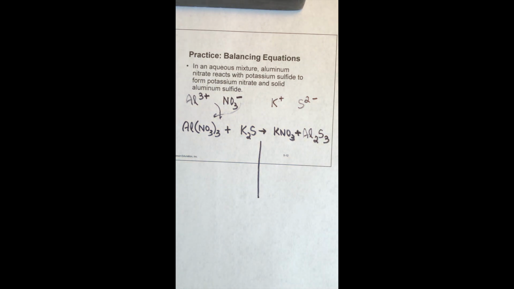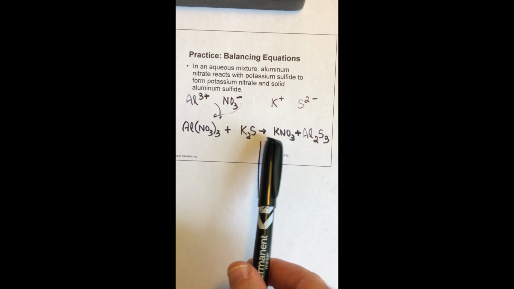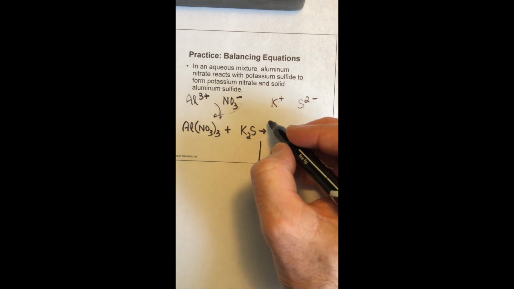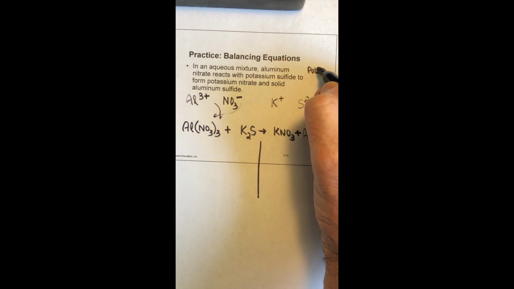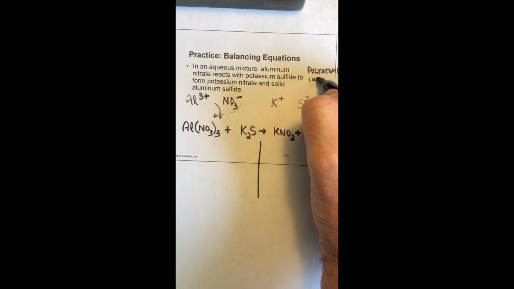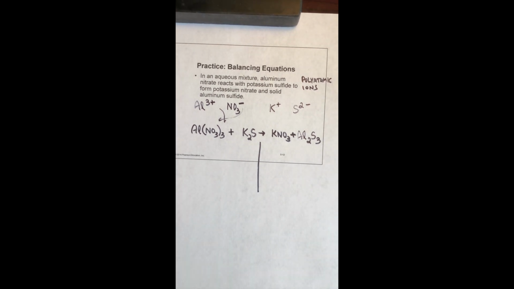And the important thing here is to consider that in this type of reaction, notice that the polyatomic ions stayed the same. So what we're going to do here is propose that polyatomic ions act as one. So rather than try to balance each nitrogen and each oxygen, I'm going to balance the whole polyatomic